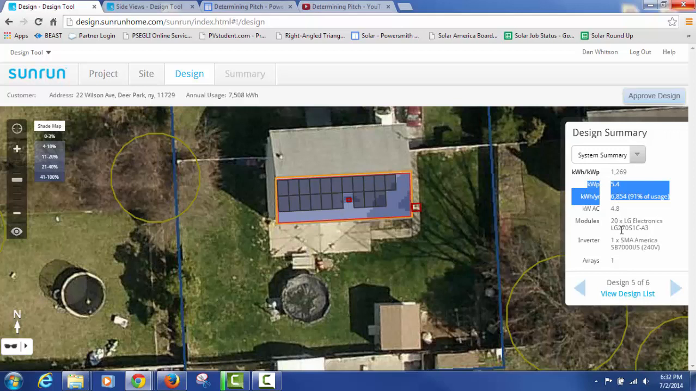It's a smaller panel, the 270s, and there's 20 of them. But some of that's in the shade. So let's take a look at the next one. This is 93% offset. That's good. Producing 6981. Again, it's in that shaded area. This one puts more in the shaded area. This puts less in the shaded area. So for now,